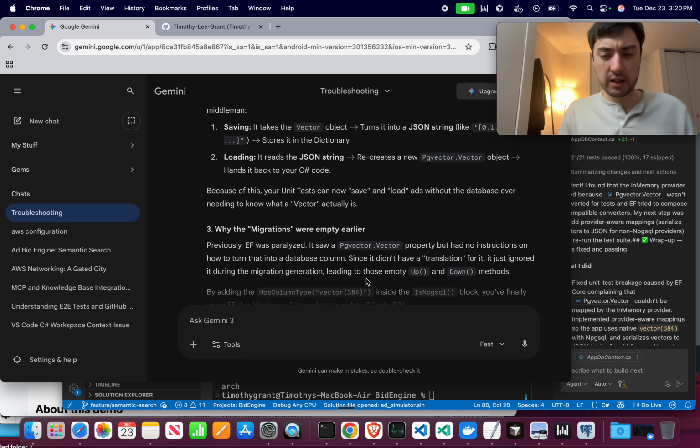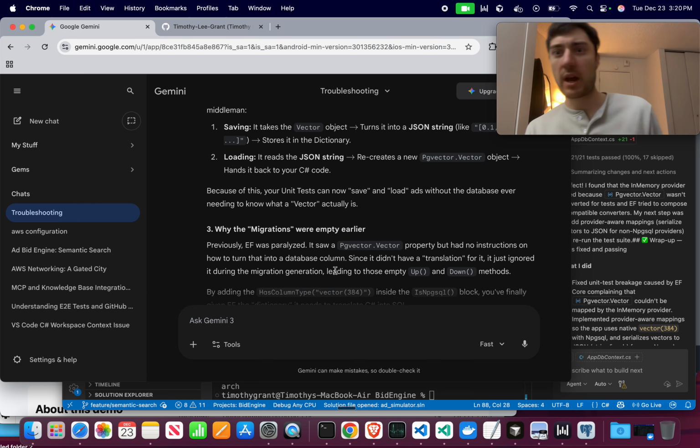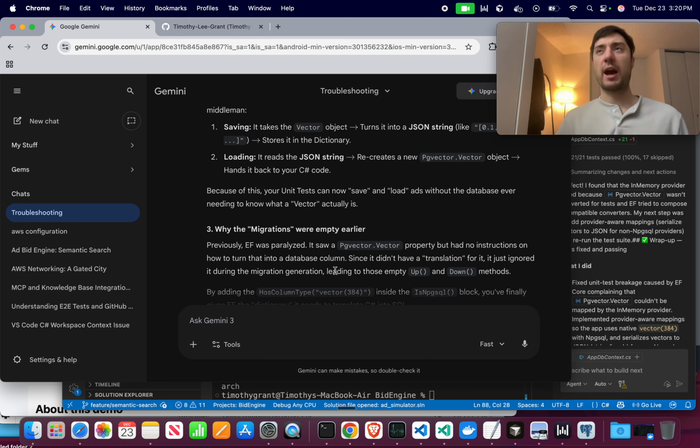And what I'm meaning by that is, okay, so my C sharp can know what a PG vector is, but my database has no idea what a PG vector is. I think entity framework is what is going to be doing those mappings, right? And when my C sharp asks for a PG vector,